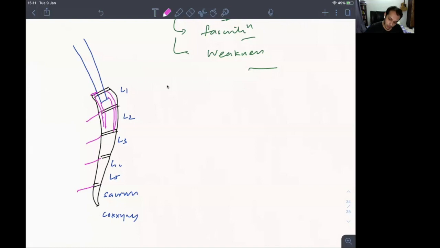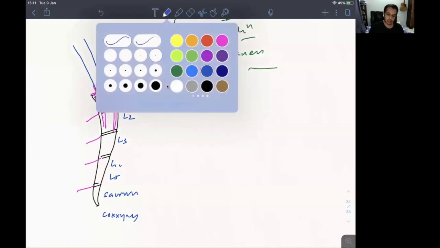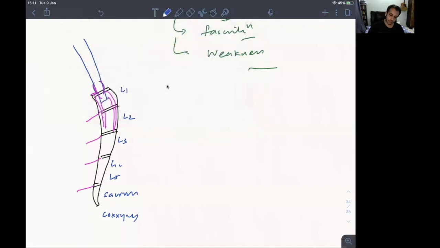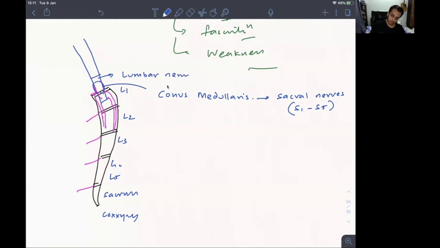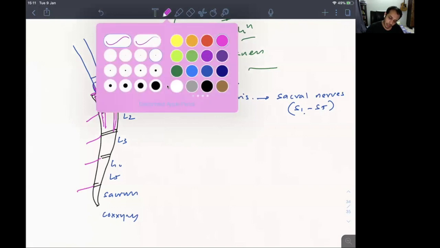Okay. So right at the bottom part of the spinal cord, there is a small bulb-like structure known as conus medullaris. And from the conus medullaris comes all your sacral nerves. So S1 to S5. And from just above the conus medullaris comes all your lumbar nerves. L1 to L5. And all of these, L1 to L5 and S1 to S5, all of them will exit the